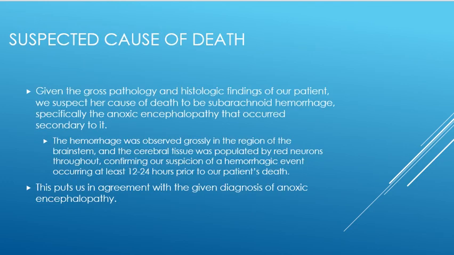So the suspected cause of death. Given the gross pathology and the histologic findings of our patient, we suspect that her cause of death was the subarachnoid hemorrhage mentioned earlier, specifically the anoxic encephalopathy that occurred secondary to it. The hemorrhage was observed grossly in the region of the brainstem, with the cerebral tissue being populated by red neurons